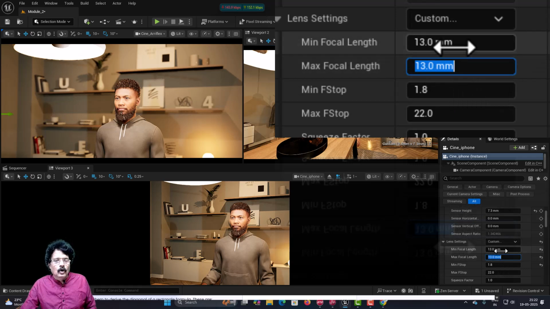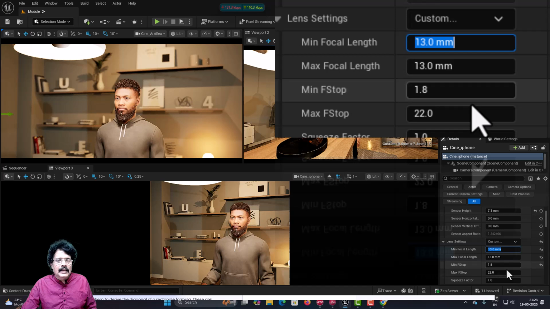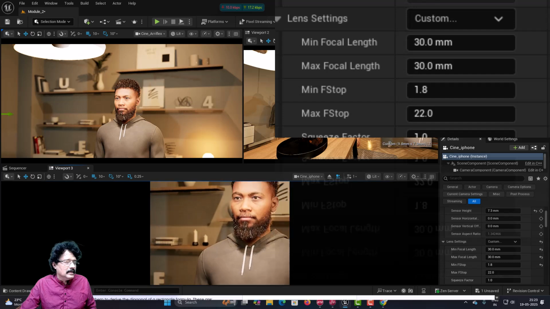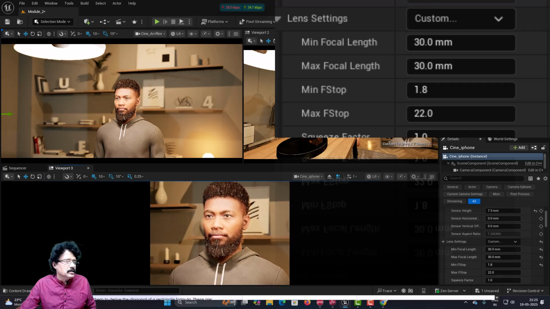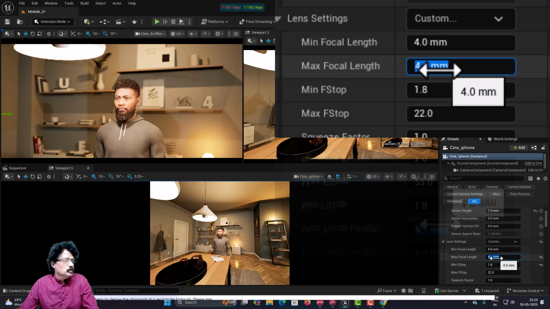Okay. So, I had set only one as 13 mm. So, now I have set both minimum and maximum to 13 mm, and you can see this is the normal view. And now, if I set this to even 30 mm, this becomes a telephoto lens. I will right click and slightly adjust the camera so that I am seeing his face. Okay. And here, if I set the focal length to 4 mm, you can now see this is a wide